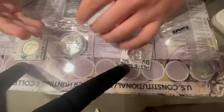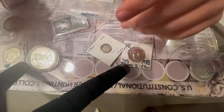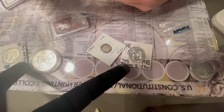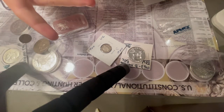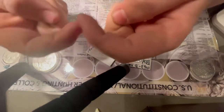And I know that the U.S. Mint probably isn't going to start making silver coins for circulation again, because it's just way too expensive. I know there's silver proof sets and whatnot, but so many people, including me,